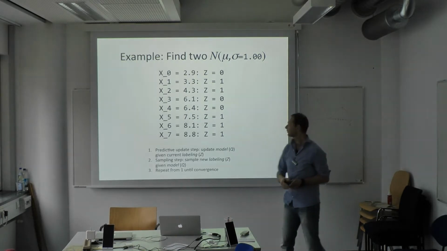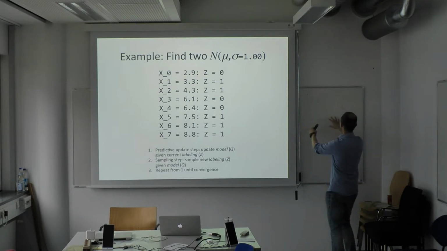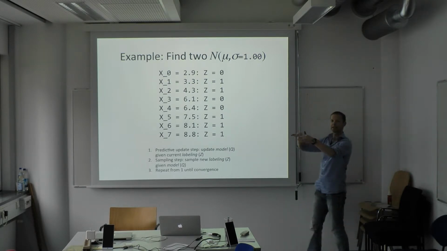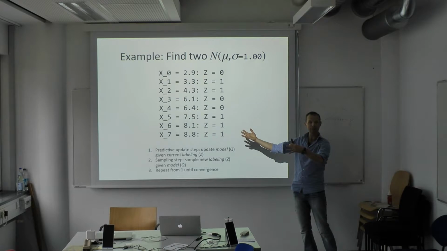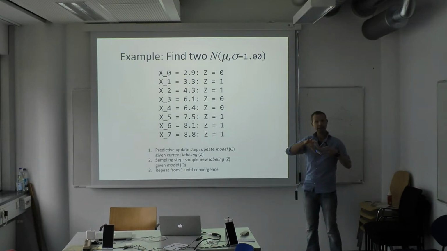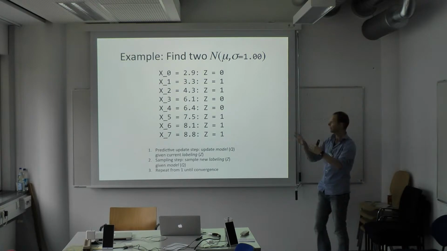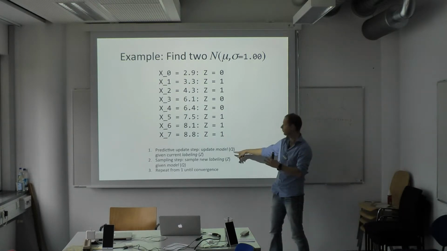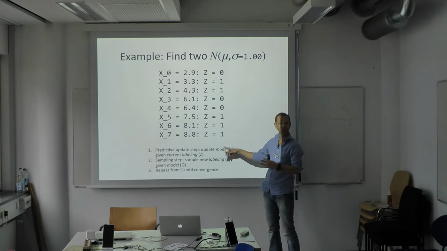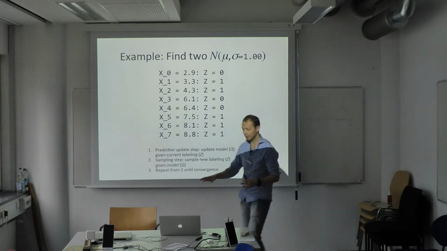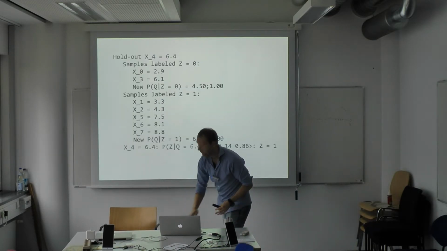Yeah. So if we start here, now normally you would assign the labels randomly with Gibbs sampling, and then you determine the best Gaussians given those labels, right? That's what we're going to do. Okay, so we're going to update the model here. So we start with that random assignment of labels. We work out the best